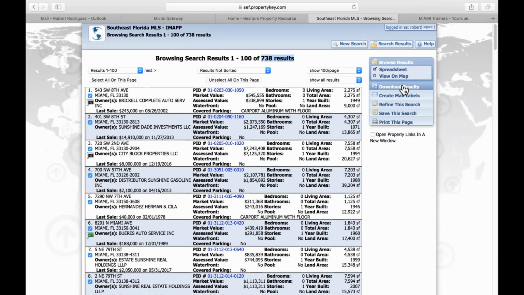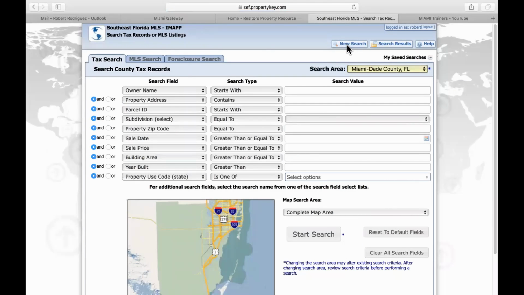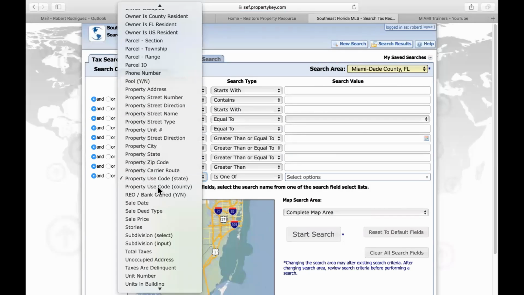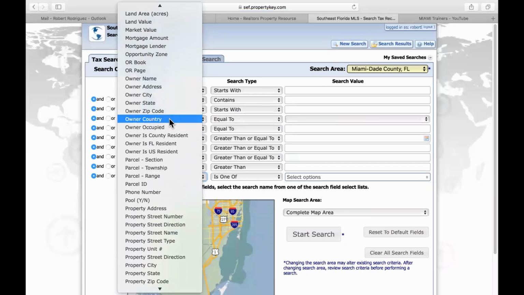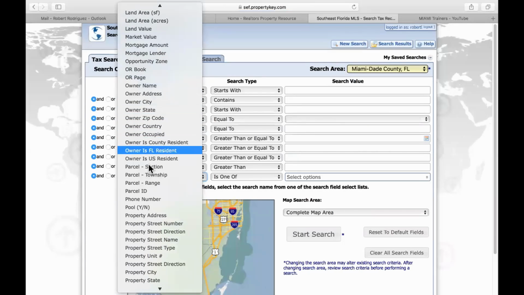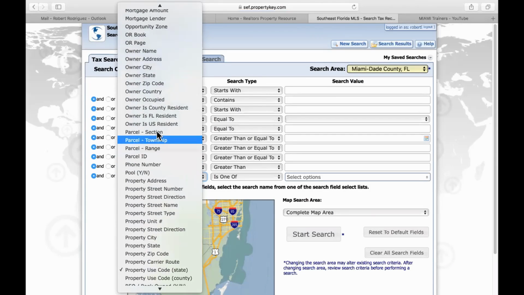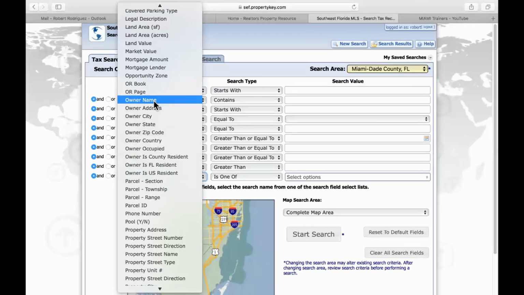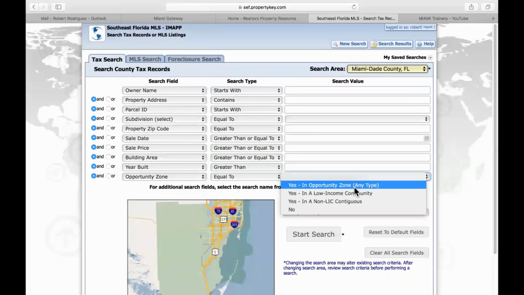Okay, so you can use IMAP for your prospecting and of course for comparables of commercial properties. You can also use some of these other filters like opportunity zone. So you have opportunity zone filter right here. All right. Why can't I find it? Hold on. Oh, there it is. So if you wanted to look for properties in an opportunity zone, you have opportunity zone,